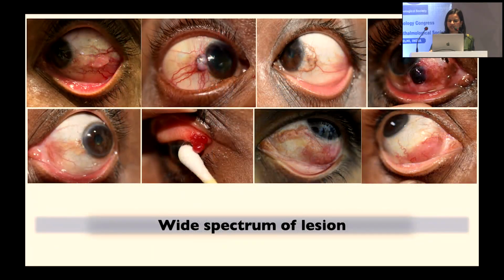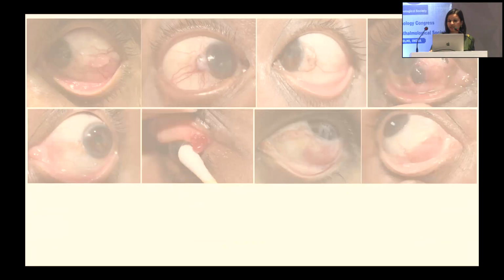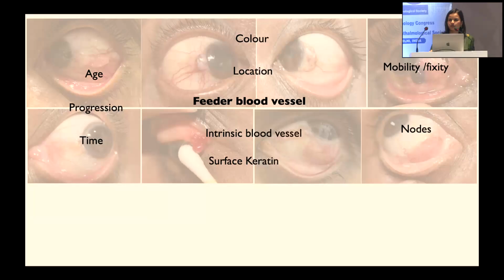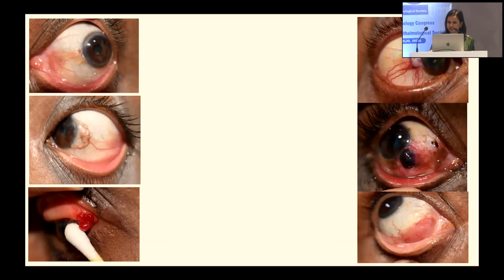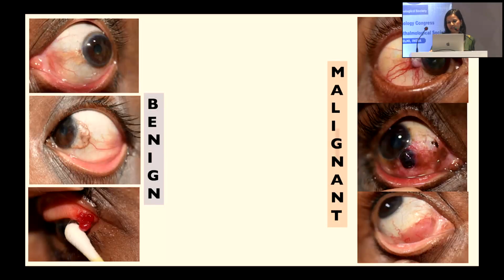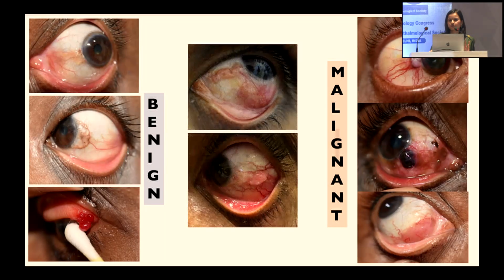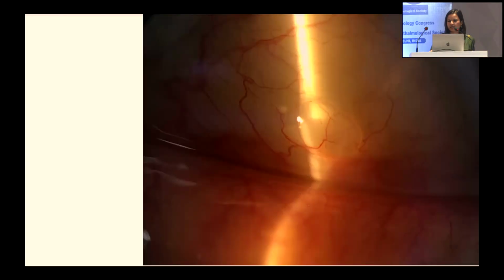So definitely it is a wide spectrum of lesions, but there are specific points in history and in your clinical examination which at least help you to have a clinical checklist and to categorize them first into a benign and a malignant lesion. Well, there will be some lesions where you are doubtful about your diagnosis, but at least keep some differentials in your mind so that you can proceed appropriately. Starting off with the simplest one, if something like this comes to the clinic, which is a clear